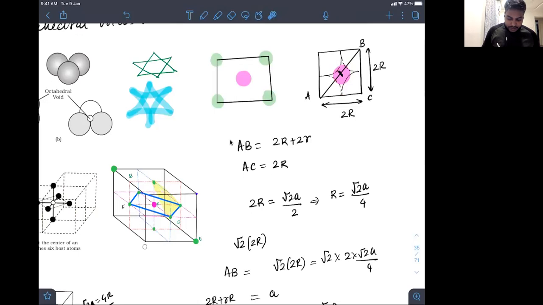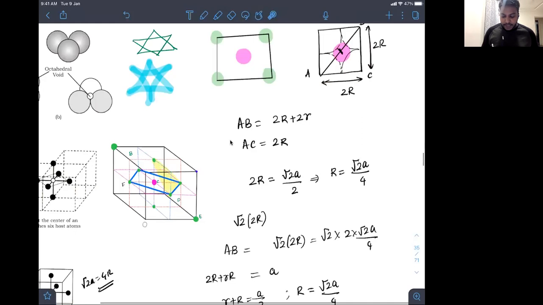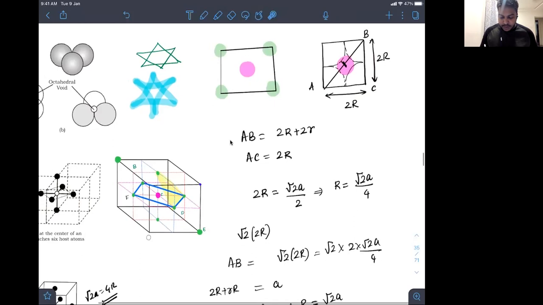So we know that these atoms which are touching each other, when 2 atoms are touching each other, that will be 2 capital R distance, and this is also 2 capital R distance. So which means it is a square formation. This entire thing is a square formation. Yeah. So square formation means this AB distance will be √2 of that. So therefore, AB is equal to 2R plus, and this entire distance is how much? This is 2 capital R. This is capital R, and this distance is small r. So 2 capital R plus 2 small r is equal to AB, and AC is equal to 2R.